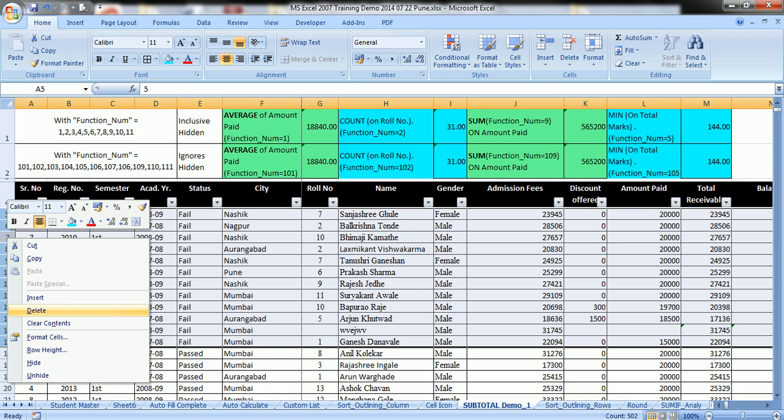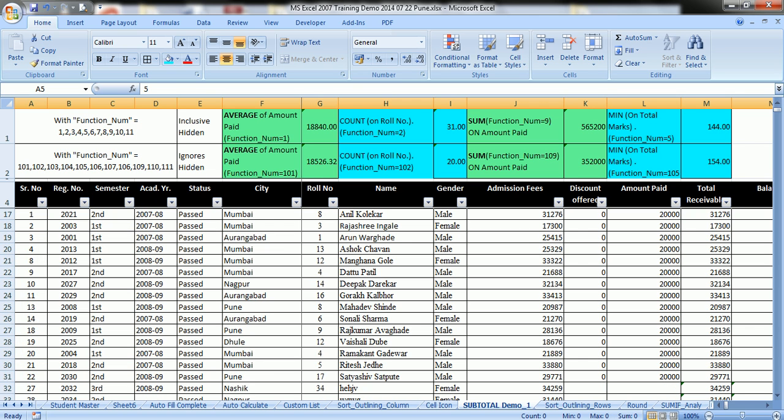So hide it and see. Average inclusive of hidden values is here in cell G1. Average ignoring hidden values is in cell G2.